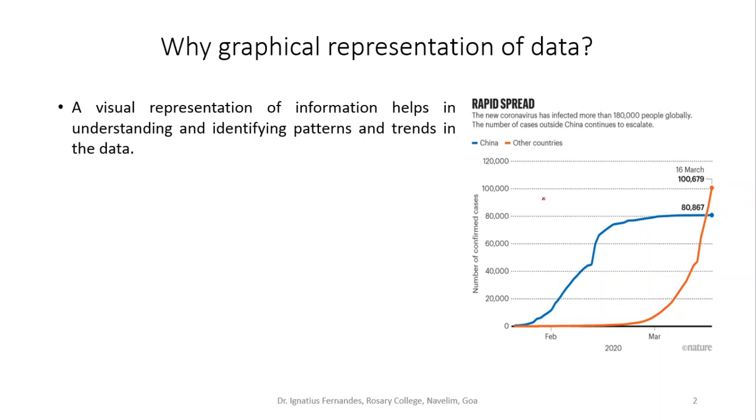So instead of looking at the entire data sheet, which is going to be a very large one, we just look at the picture format, and we are in a position to look at the patterns followed by this data set. In the case of China, you will see that the cases increase steeply at first, and then very slowly. As compared to the other countries, where initially the cases are very slow and then there is an exponential increase. So we can see the patterns followed by the data.